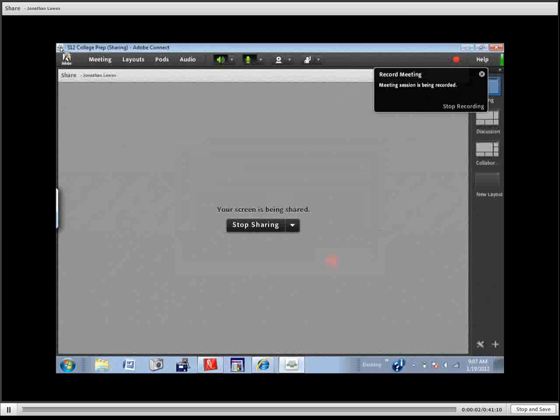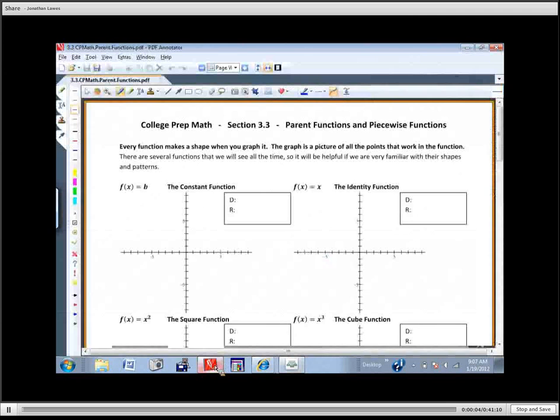All right. In this section, 3.3, entitled Parent Functions and Piecewise Functions, these are like the basics. If you're ever going to deal with functions, if you're going to do well in 1050 and the rest of this class, these are the fundamental building blocks of functions. So if you understand what these functions look like, and more importantly, why they look the